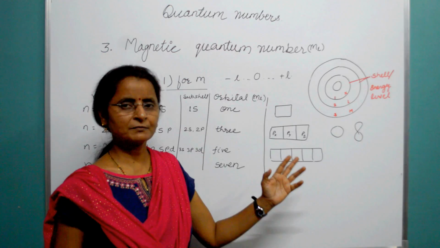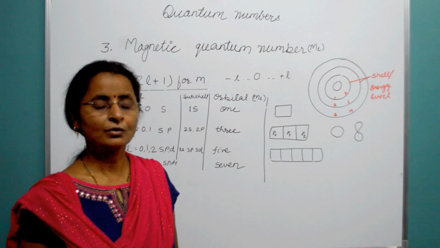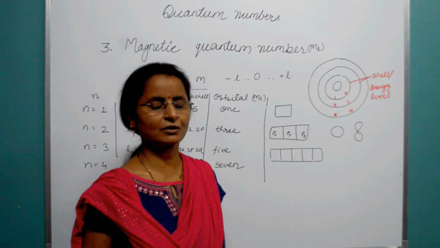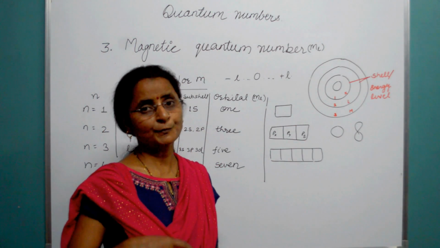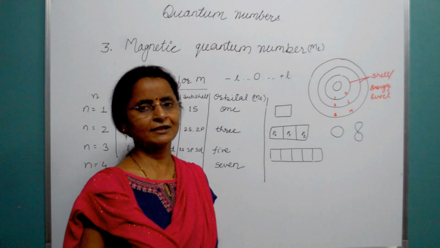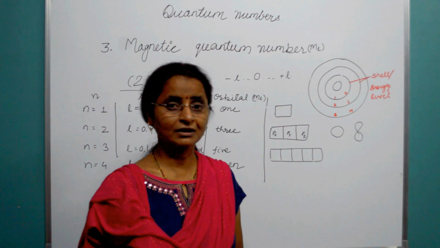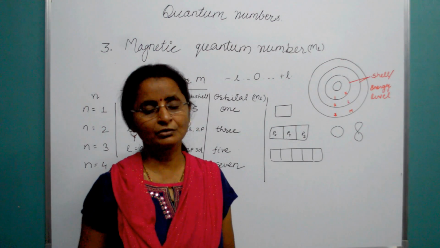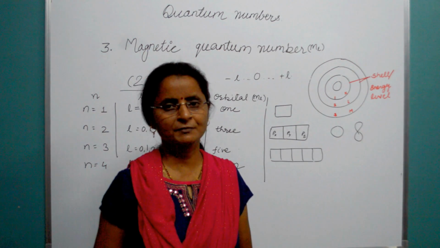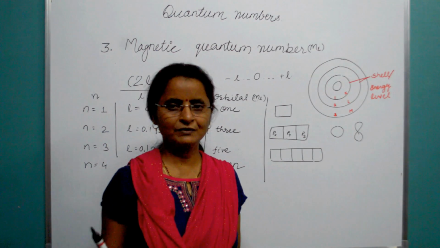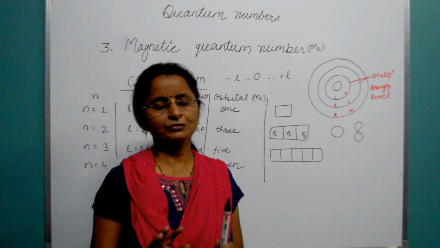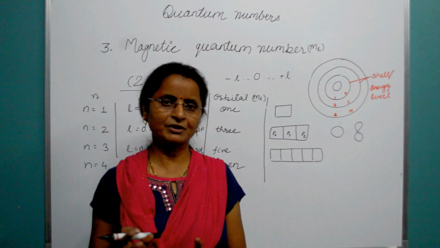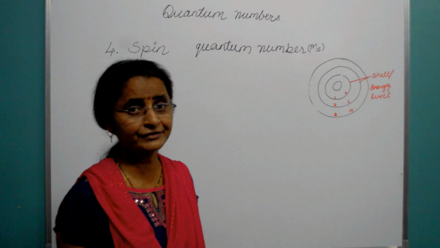So these 3 quantum numbers determine the orientation of the electron in space around the nucleus, and how many electrons are present in that orbital. For that we require what? Spin quantum number. So let's see about the spin quantum number, and in the last I will show you one table. In that I will show you how the value of each quantum number depends on the others. Now come to the next quantum number,